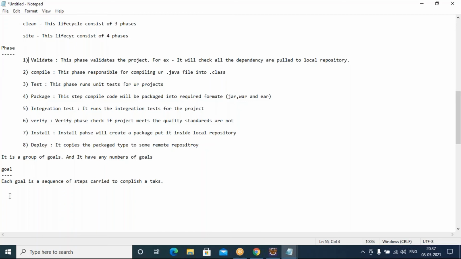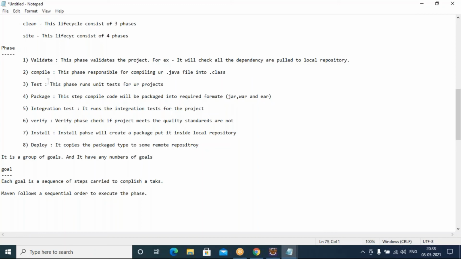So our Maven tool follows a sequential order to execute the commands, or phases.